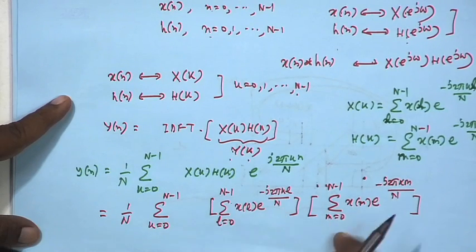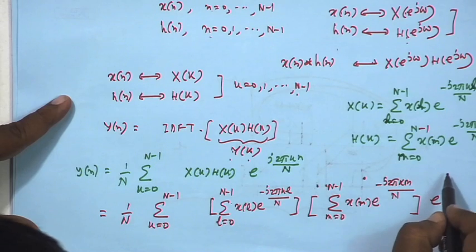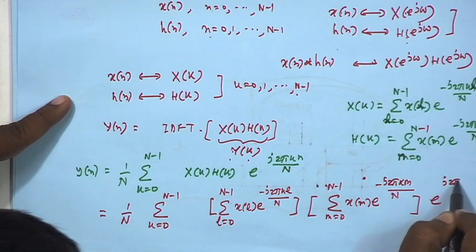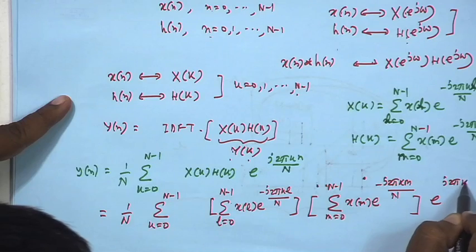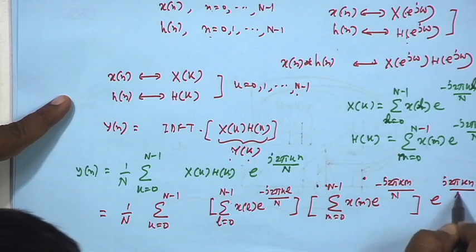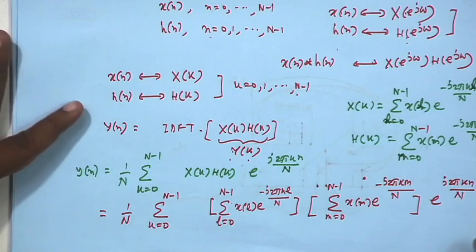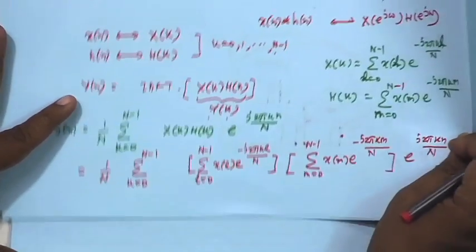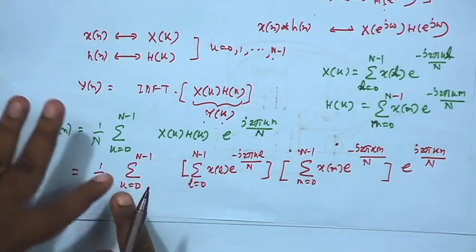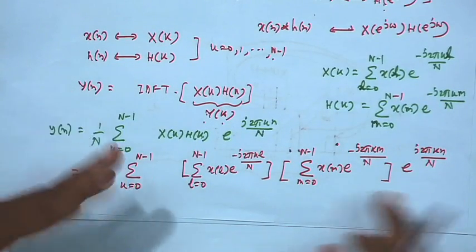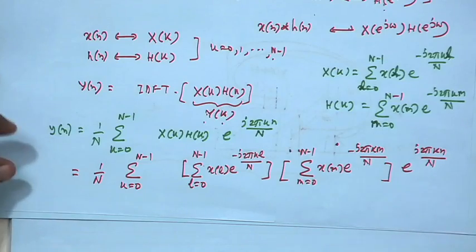So, capital X k, capital H k into e to the power j... right. Now, there is a triple summation, so I can interchange the two summations. I will bring the outermost summation and make it the innermost summation. In that case,